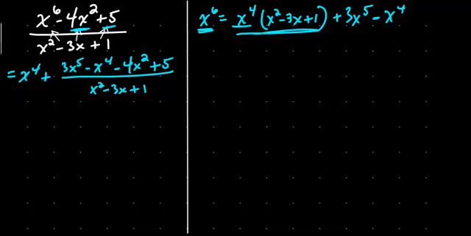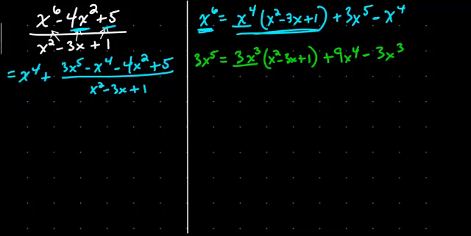Now let's send that denominator into the highest power again, so this is going to be 3x to the 5th. Let's say 3x to the 5th equals blank times x squared minus 3x plus 1. So I need a 3x cubed, and then I need to add 9x to the 4th, I need to subtract 3x cubed. When I divide, this term is going to cancel, so that 3x cubed is going to pop out: x to the 4th plus 3x cubed plus,